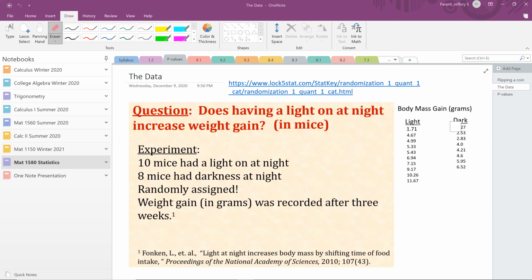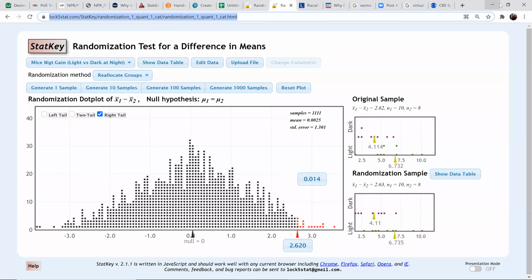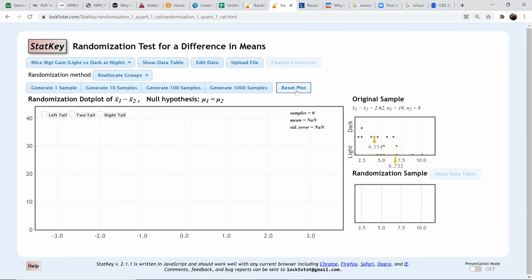How can I compare these in a way that helps me decide, does the light have an effect or not? All right. Yeah, I think somebody put in the chat talking about the averages, right? So you can look at the average here, and let's do that. I don't know if my data came through or not on the link that I sent through, but if it did, just click reset plot here. And here's the data. So here's the data from the dark sample. Here's the data from the light sample.